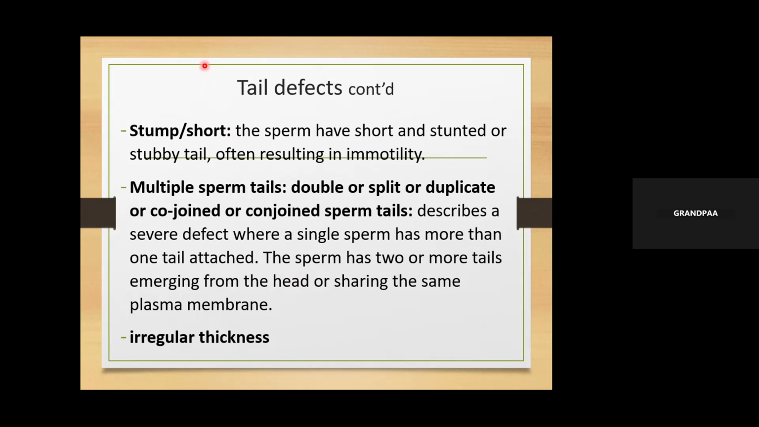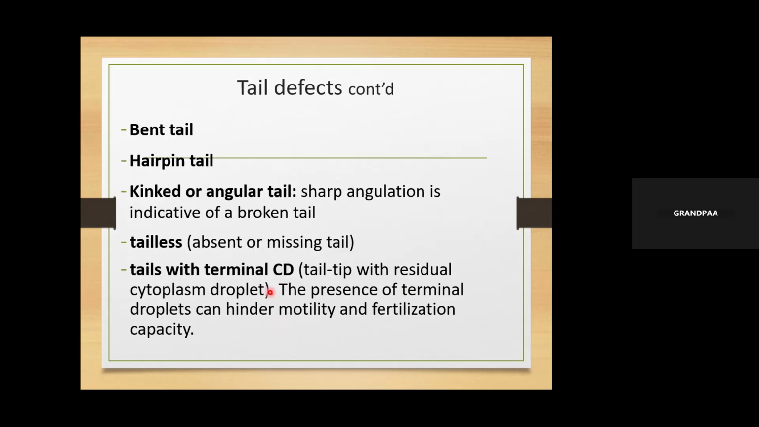All right. So we have also the tail defects. On tail defects, you also have irregular thickness. I'm sure this one is something that we can all understand, irregular thickness. Of course, you know the bent tail, and then we know the hairpin tail. All right. Remember,